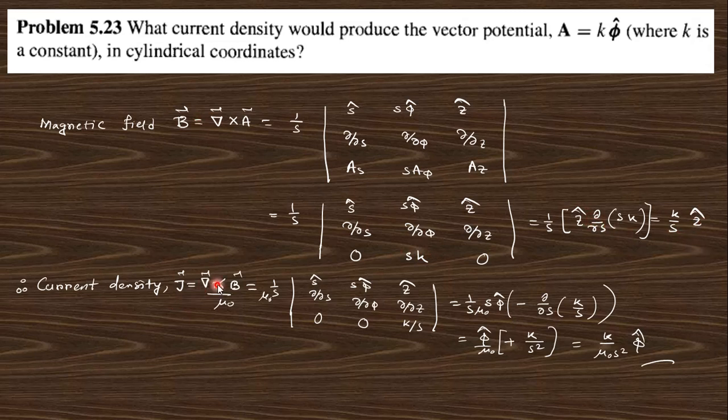Then the current density is nothing but curl of B by mu naught. So just taking this mu naught, and this is the curl of B formula. Putting this value in, you will get it easily. Only z cap is present, so that's why we put k by s. So del x of del phi is 0, this is 0. For this one, this is present, so s phi cap is present. So finally this is the current density. Okay. So we found the current density. Go to the next one.